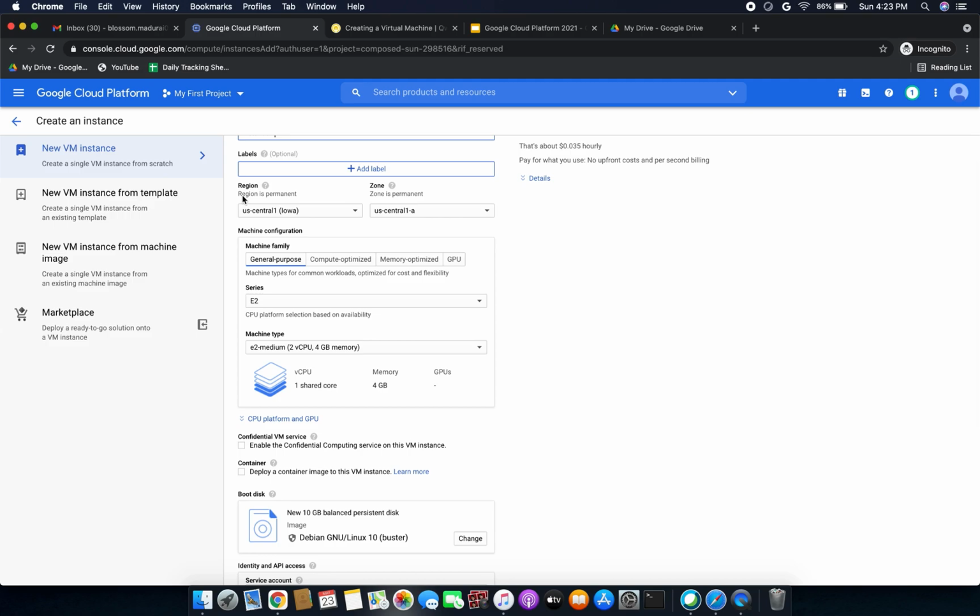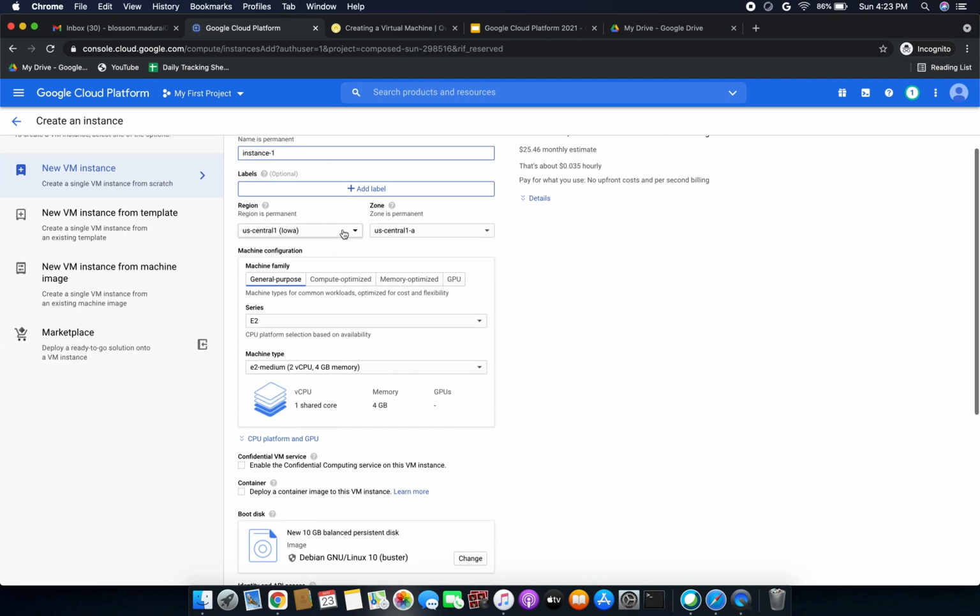Next is region, which is permanent, and zone also, which is permanent. Here we have the region and zone. It is based upon your traffic. Where do you expect your traffic? We have to select as per your requirement.